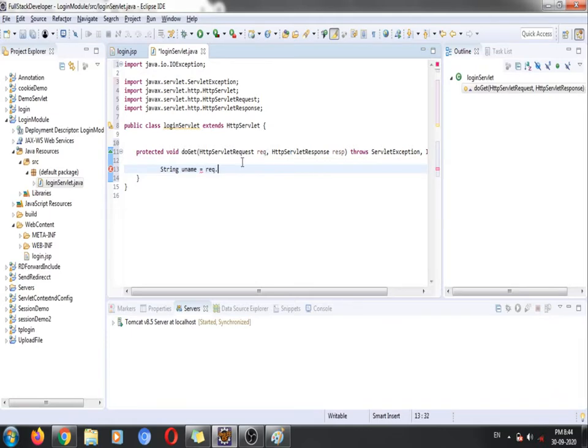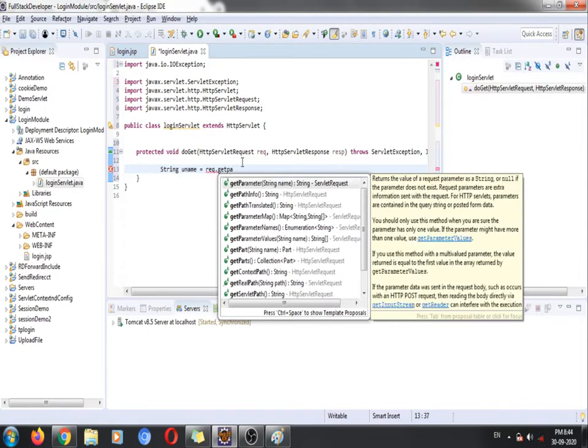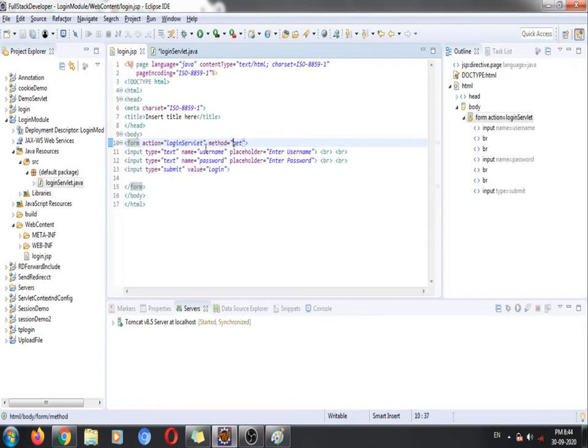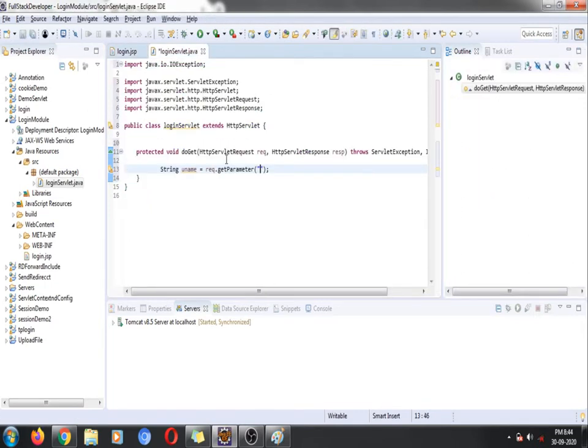Now it's request.getParameter. Here I need to place the name of the text field. Just go to the login.jsp file and check what we have given. It's username, right? So I'll just copy and paste it here. Okay, so we got our username value into the uname string.